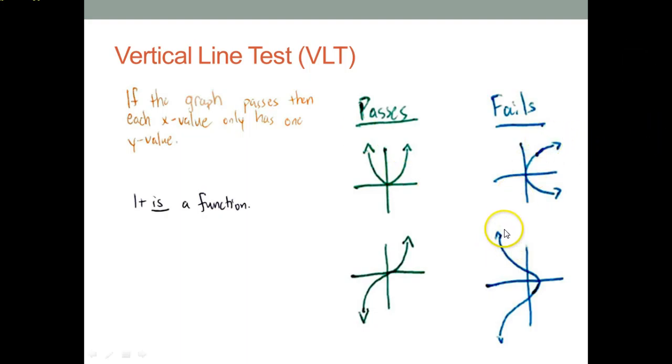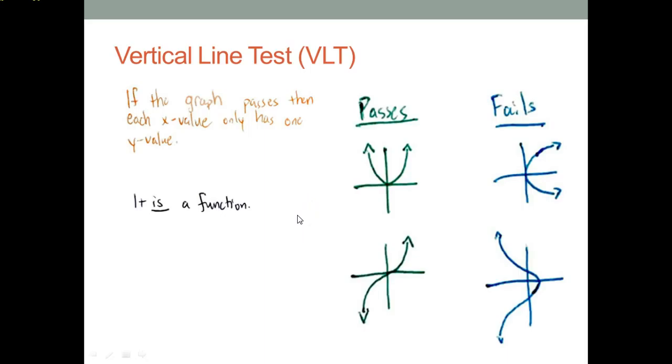And if you look here, anytime it passes, if I just draw one vertical line, but it passes through the graph twice, and here we can actually see the y-axis is acting like a vertical line, and indeed the graph touches both here, oops, let's go back, and here, and so it fails the vertical line test. So both of the blue graphs fail because a vertical line will touch the graph in more than one spot. So that's why these fail, and the green ones pass, because any line that I draw vertically through the graph will only touch the graph